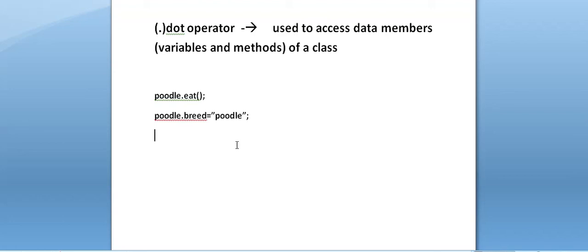Next is operator precedence. What is operator precedence? Operator precedence determines the order in which the expressions are evaluated. This in some cases can determine the overall value of the expression.